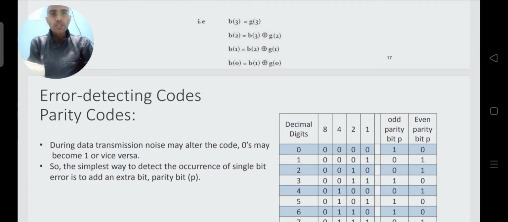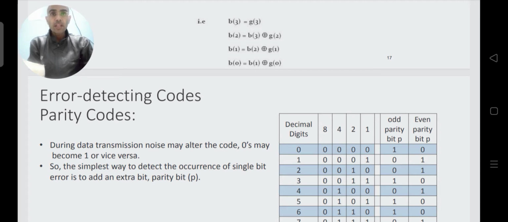If you are transmitting a group of bits together, and the group of bits gets affected by noise, due to which the zeros or ones in the bit word get changed, so 0 becomes 1 or 1 becomes 0, and there is only one such error, then we can detect it with the help of parity codes.